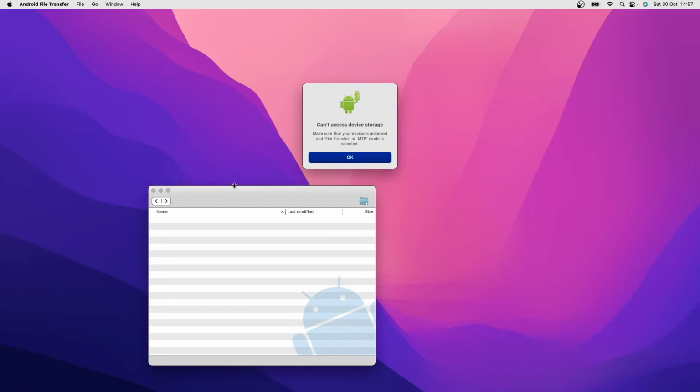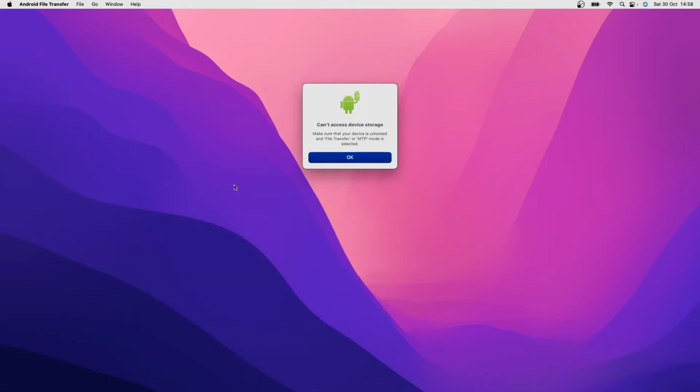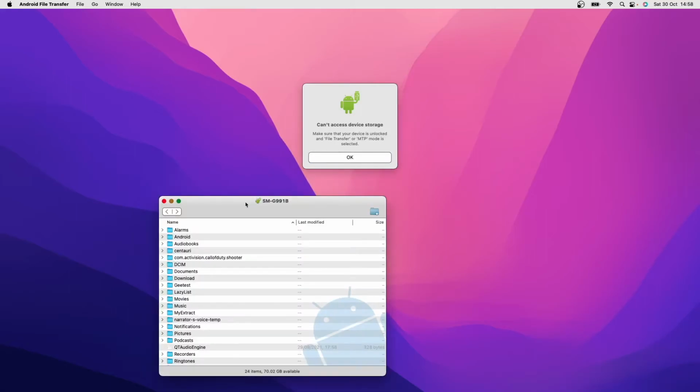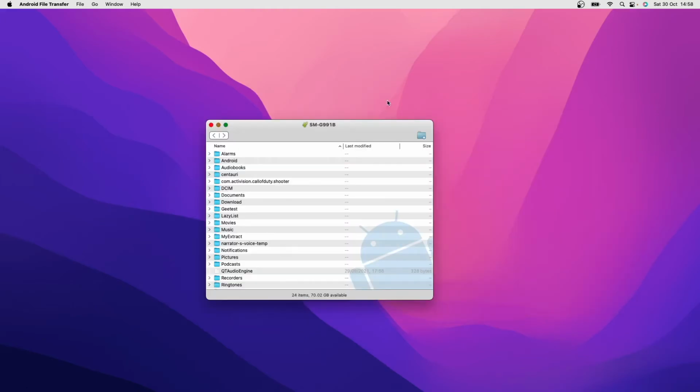to work. As you can see, there is nothing there right now, but if you click allow access on your mobile, that will give you access to all of the files that are on your phone. So what you need to do to get the files from your Android phone onto your Mac is